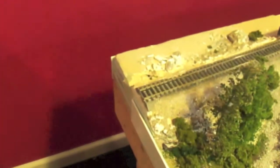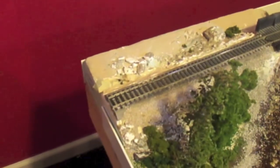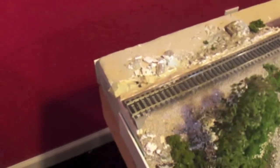Then it'll come through this half wall, right about this point, and then meet up with the track there. And this existing track will act as one of the main lines. Same thing will happen over there, as I said, up against the wall. This existing track will act as a main line when we put it in, and then we'll add a second track